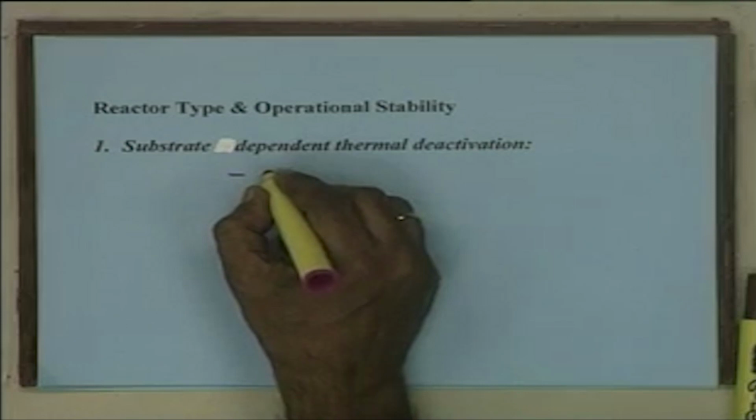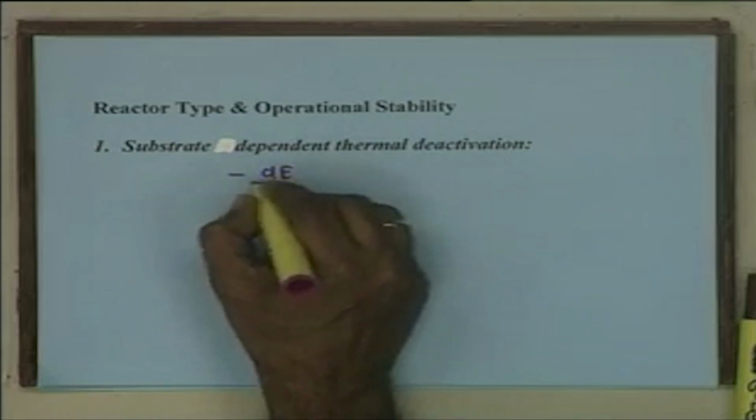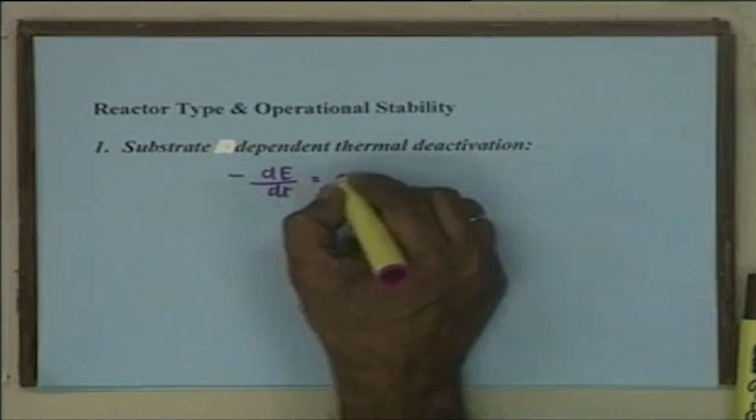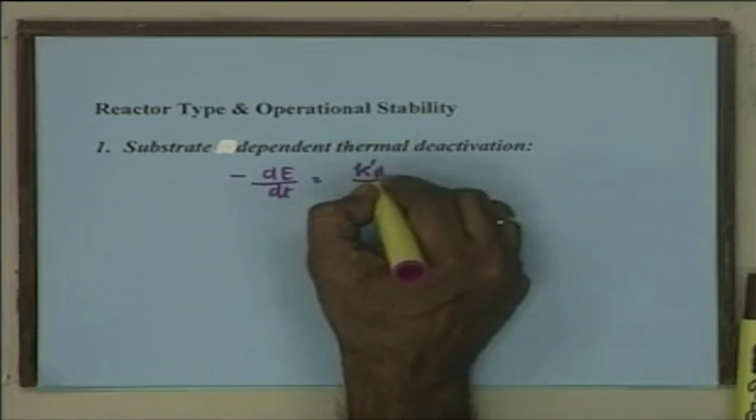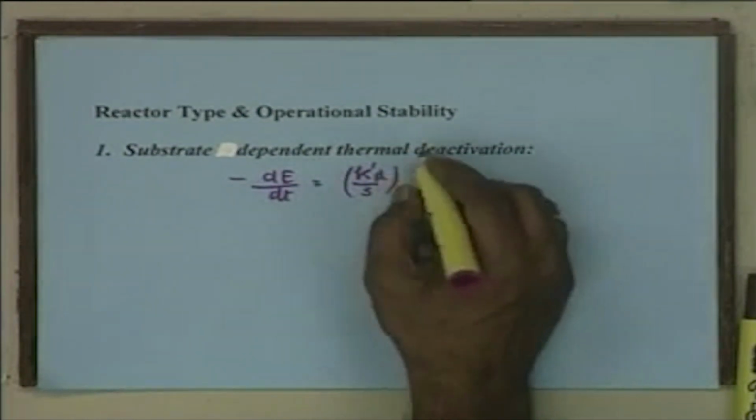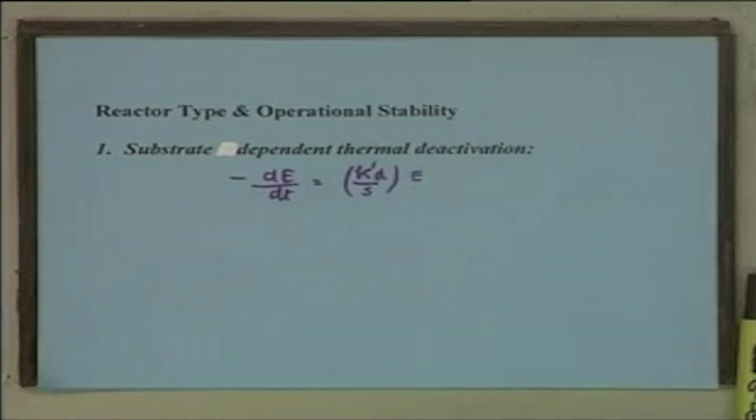its Kd value is much less in the presence of substrate, and the deactivation expression can be written as minus dE over dt equal to k dash d upon S into E, where the deactivation rate is inversely proportional to substrate concentration. The higher the substrate concentration, the slower the deactivation rate. In such a situation, for a CSTR you can very easily write the reactor performance,